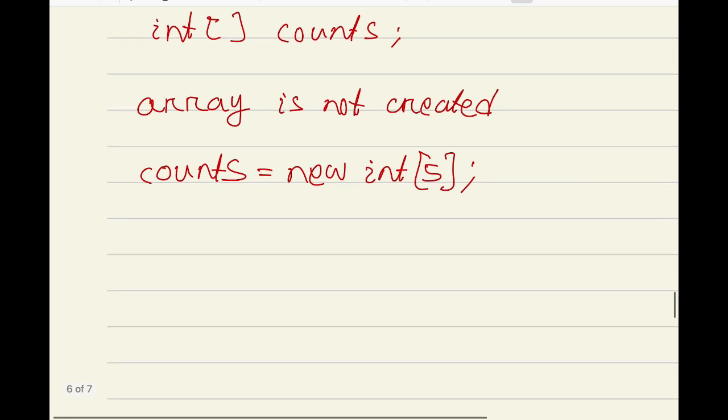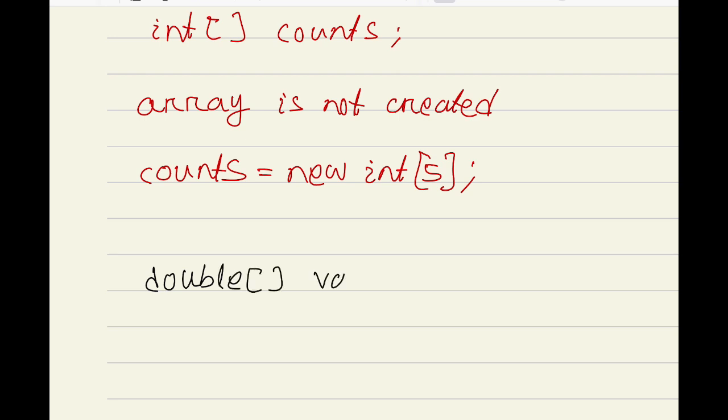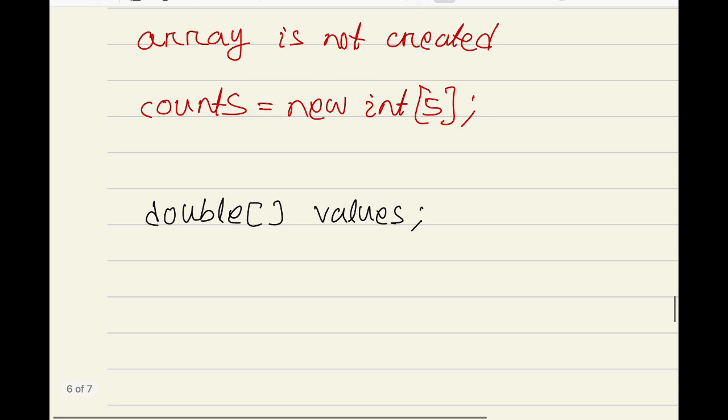Okay. So now we will write another example. Suppose double values. So like we have discussed, here values is a reference variable that is going to refer one array of type double, and here after executing this statement double values, the array is not created. So to create the array we need to write this one,